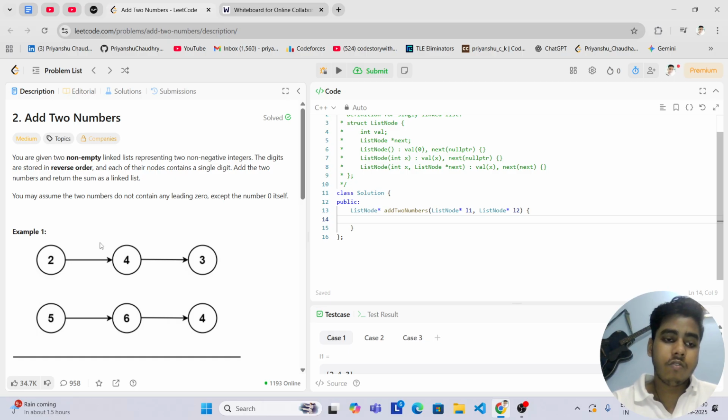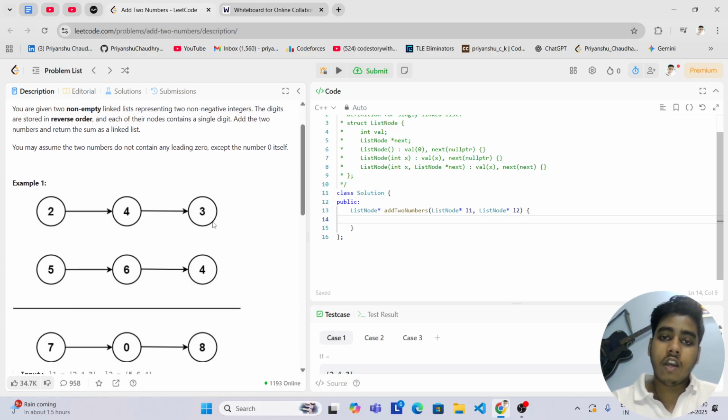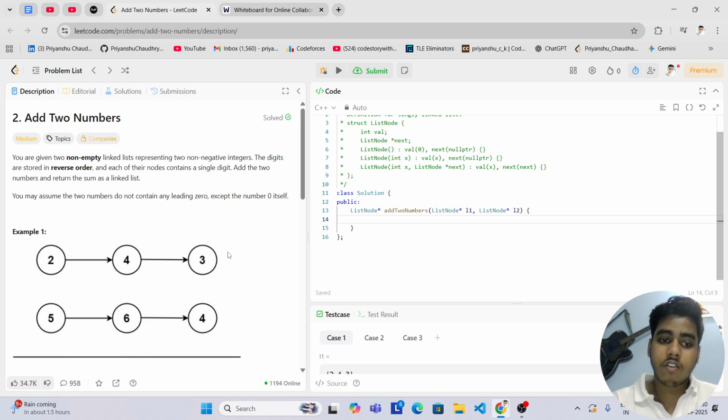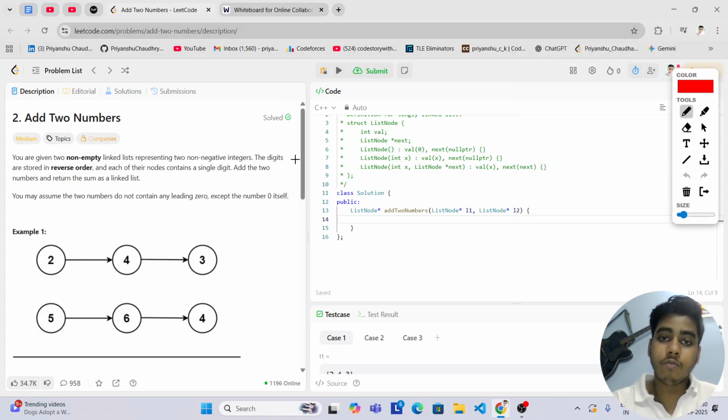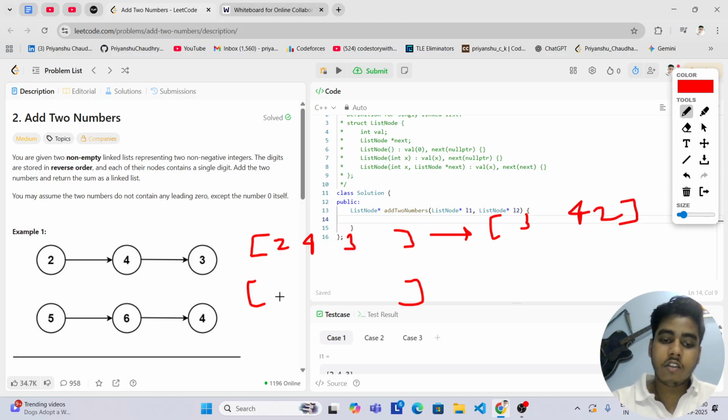Either we do the standard method, the brute force approach I am telling, where we store this in an array and add. We store 2 4 3 in an array and reverse it, which becomes 3 4 2. Again here also 5 6 4, reversing this,